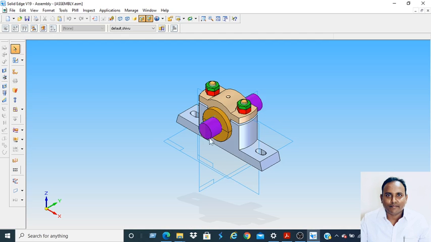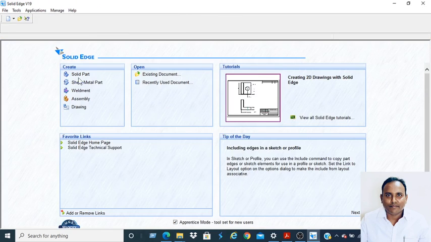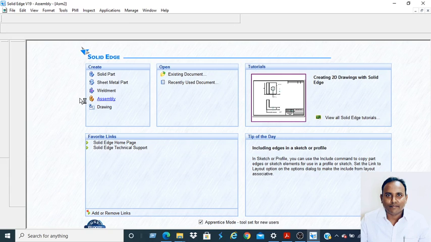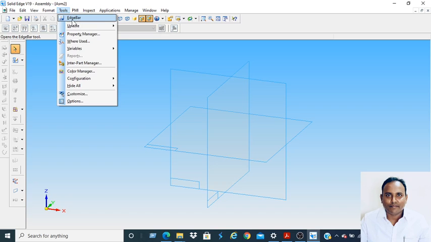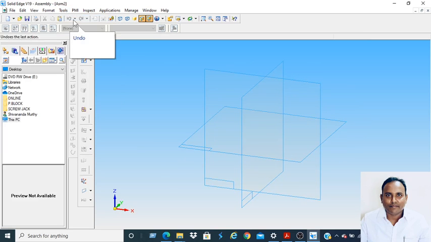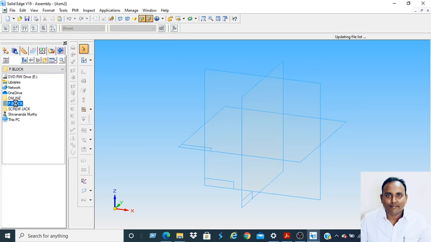For that, go to the assembly environment. I have already created the part drawings and saved them in the plumber block folder. Now go to tools, edge bar, and here open the plumber block folder.